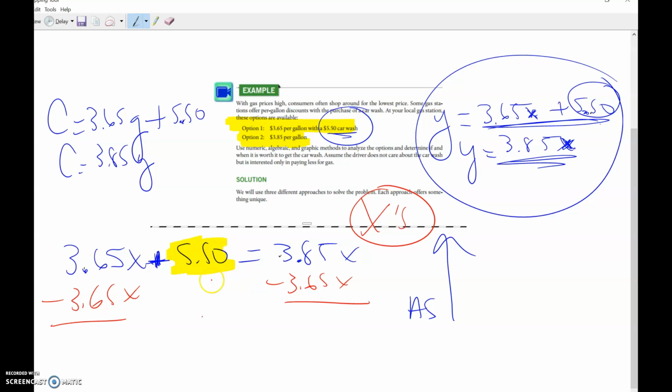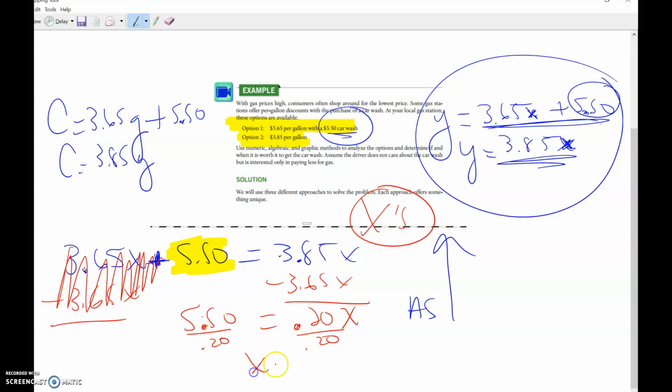So really what I'm doing is looking at how my rates differ. If I subtract, there's a 20-cent difference per rate. And what I'm trying to figure out is when does that 20-cent difference in slope, or in rate, pay for the car wash, basically. So after how many gallons does the car wash break even, or kind of pay for itself? There's no adding or subtracting left, so now I'm ready to divide. And when I divide, I end up getting 27.5